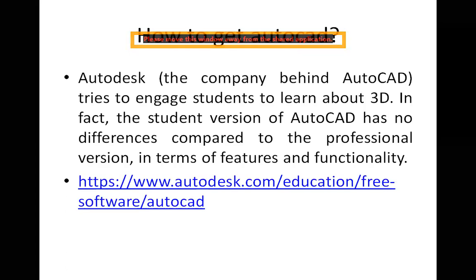The Autodesk company is the owner of AutoCAD. Autodesk sponsors AutoCAD for students, and we can download the students version, which is free for students. We also have professional AutoCAD software, but it is not required, that is useful for industry purposes. To learn AutoCAD, the students version is more than enough.